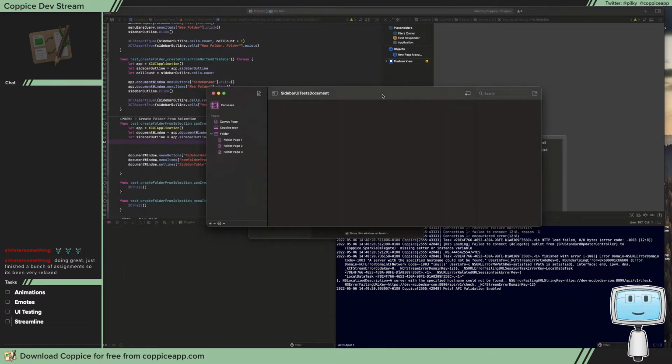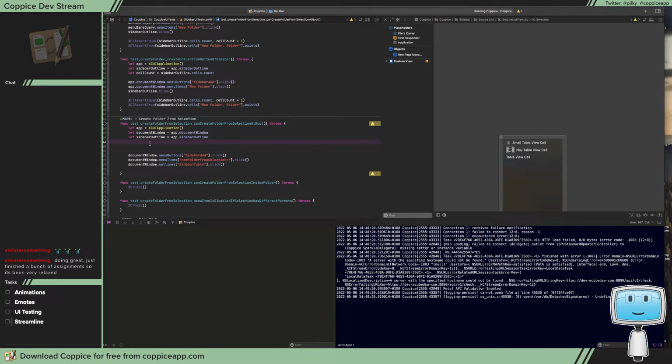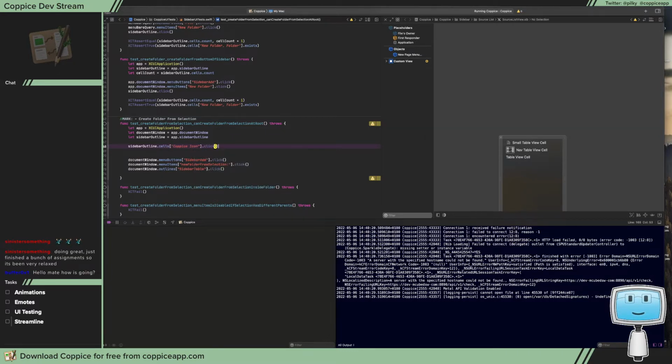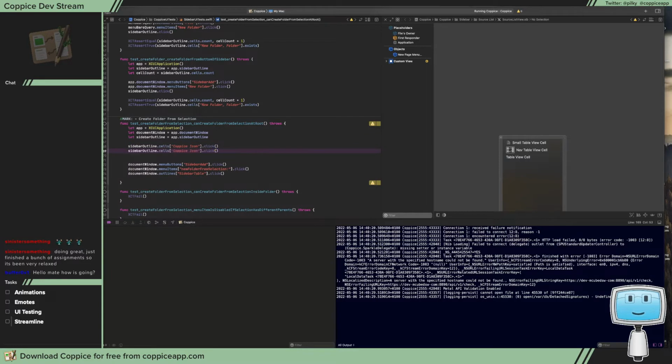Open it. So we have canvas page, Coppice icon. So what we want to do is sidebar outline dot cells, Coppice icon dot click, I believe, and how you do a shift click. The app dot